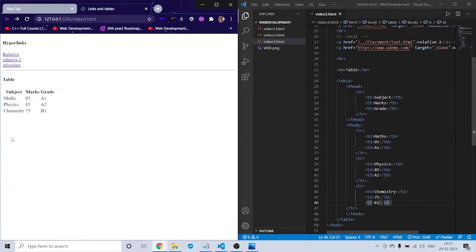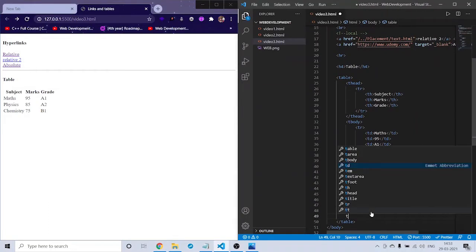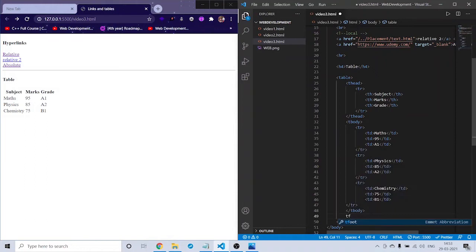And now what we want is we want a total here. What we can do here, we want a table, last one, right? So for that we can use tfoot, because that is the foot of the table, we can use tfoot. And in the tfoot, again, if you want, you can directly use tr, or you can use th or td. As I want this highlighted, I will be using th, and in that th the result would be, or the total would be